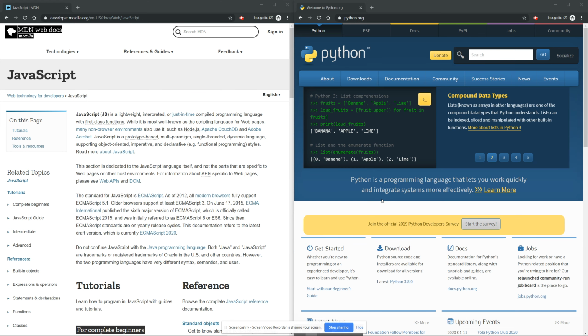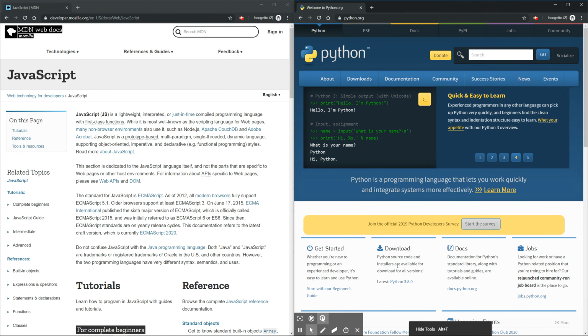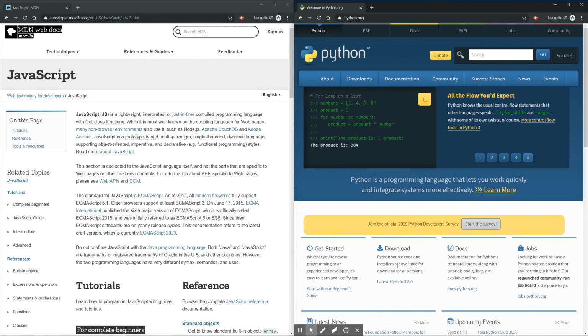Hello, learners. This section is for those of you who are experienced programmers. Perhaps you have maybe 1 to 2 years of programming experience, preferably with the JavaScript programming language. I say JavaScript because it's one of the more popular programming languages out there, and it also transitions to Python